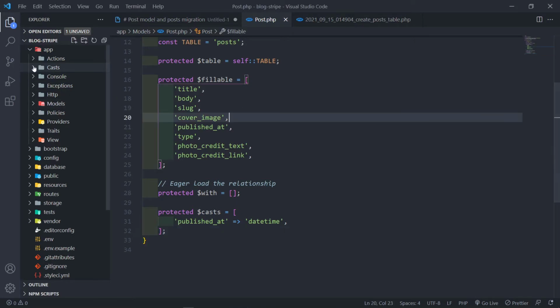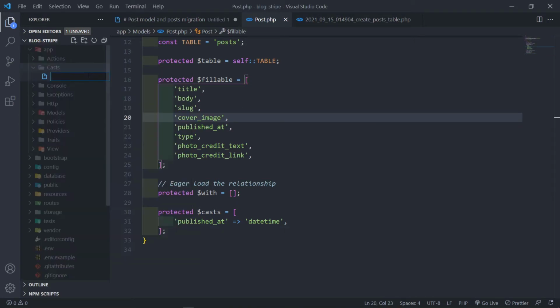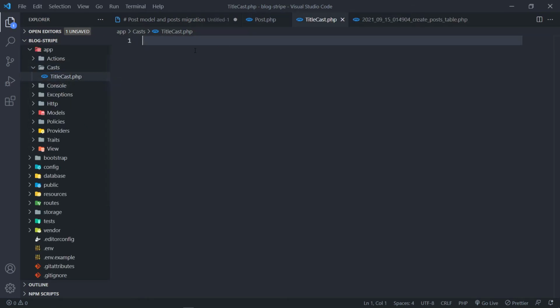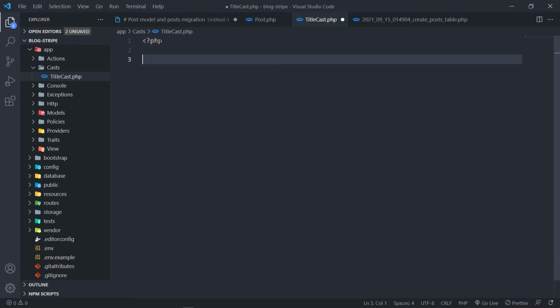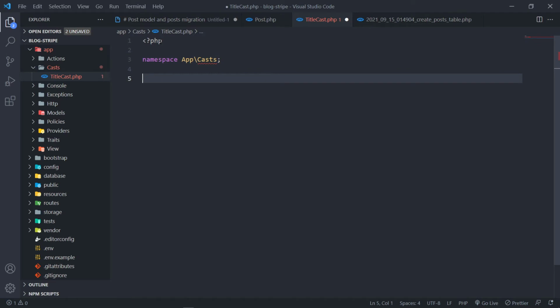So what you want to do is create a Casts folder. Inside that, we just want to create a new file, and we're going to call that TitleCast.php. Let's quickly create PHP tags, and we're just going to namespace that to App\Casts, like this. Then we're just going to create a class, and this is going to be the